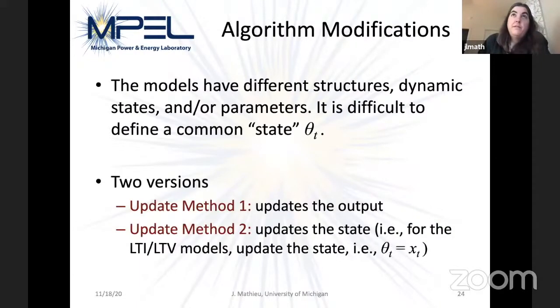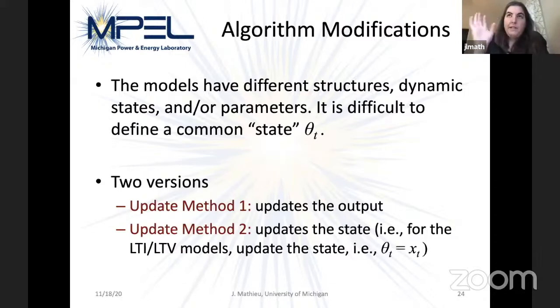So this algorithm that we've taken is from the theoretical signal processing field. It doesn't translate directly to our problem setting. Specifically, the algorithm I showed you before has this parameter theta, which you should interpret as sort of like a state. But there's no notion of the difference between the state and the output. In control systems and in these sorts of problems, we think of the output as the aggregate power consumption and the state as something else that just helps us predict the aggregate power consumption. So in the models on the previous slides, the state basically maps to the temperature of different air conditioners in the system and how those are evolving over time.